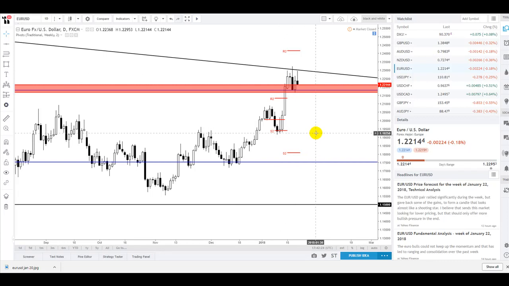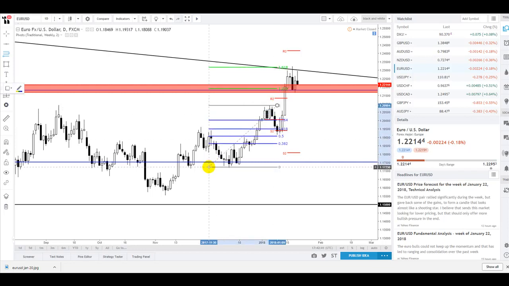I'm not going to talk about the commitment of traders right now, but we do have a commitment of traders extreme. So they're looking for shorts. Now, this is where I'll be looking at the smaller, more intricate cycles and looking to see if we've got any sort of fib extensions popping into the same zone. So what we'll see is that the fib 1.618, the golden ratio, comes right in at the trend line and the tip of this wick